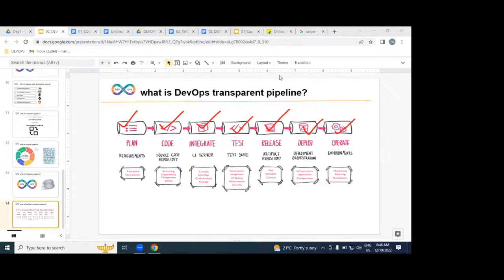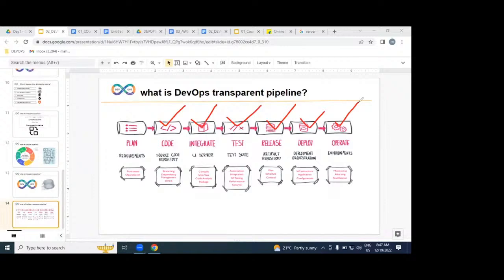In this DevOps process, our roles and responsibilities start from where? Dev environment. Ends where? Operations. That means our roles and responsibilities cover the dev environment, integration, testing, release, deploy, and operations.